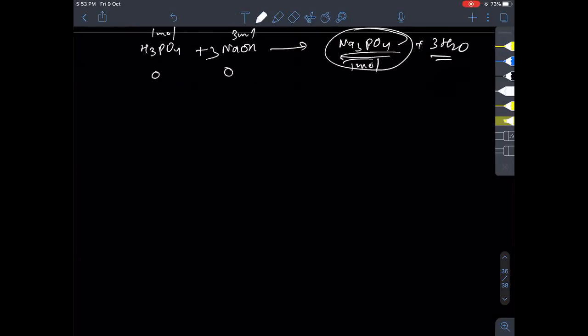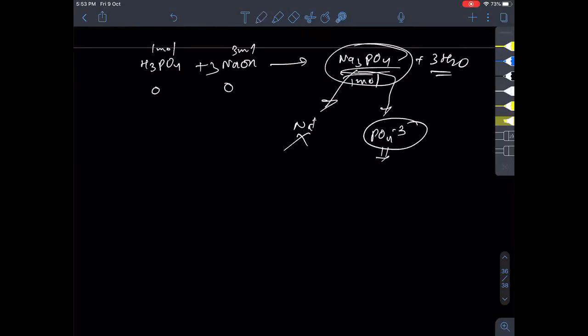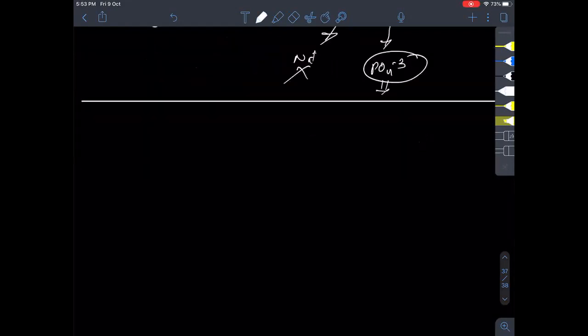Because this is a salt, it has a cation which is a waste ion, which will not hydrolyze water. PO4 -3 is the core thing of discussion. Guys, please understand, I am not talking about what will happen if 1 mole is taken with this, because that will generate entirely different species, which I'll discuss later on. So now how to tackle this? That's very, very simple.